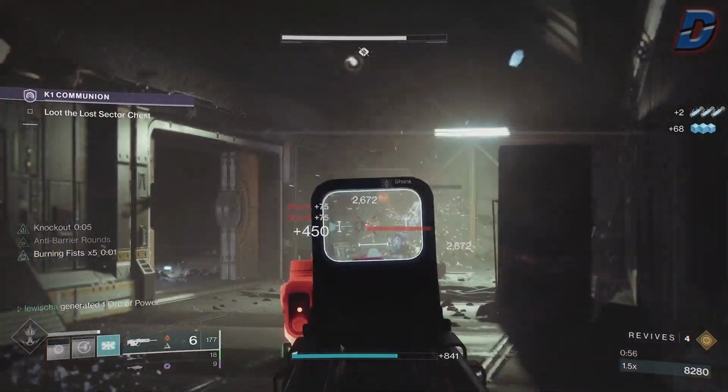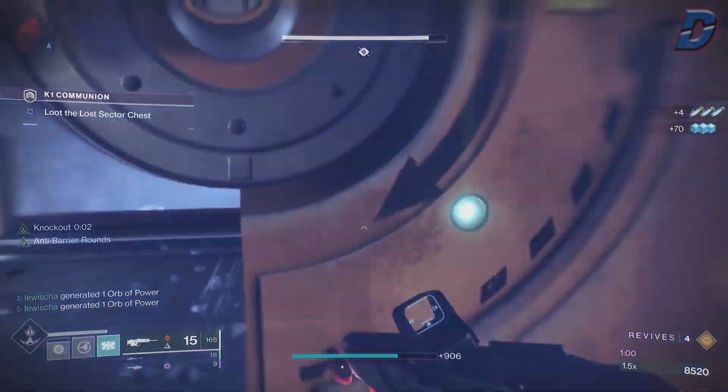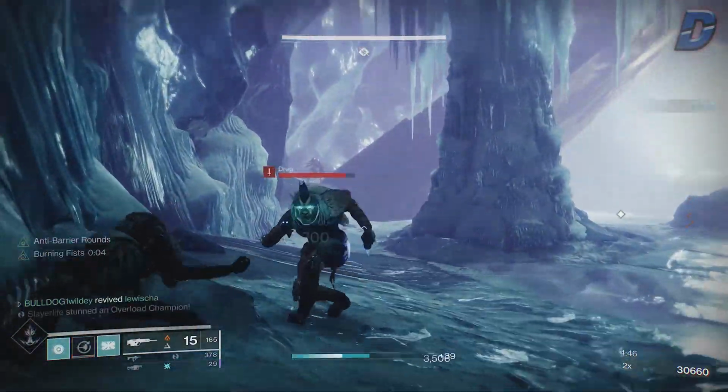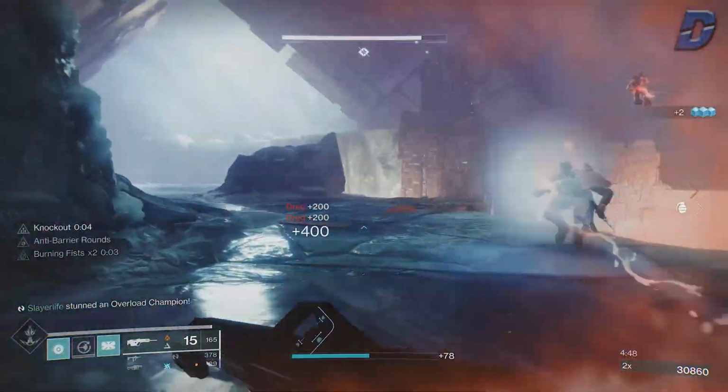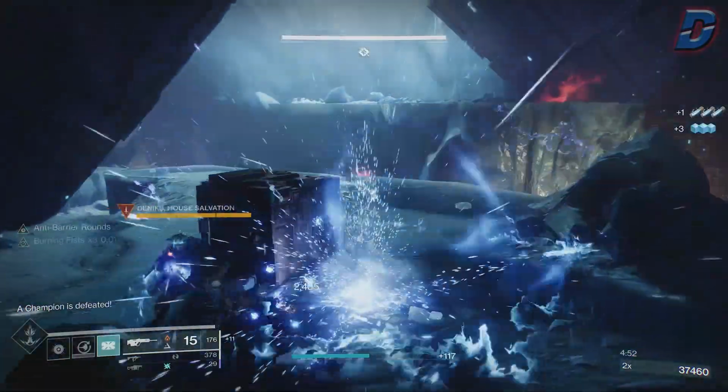Now, as you can probably tell, this build is designed for all activities, including Legend and Master difficulty activities, but I'll tell you right now, you do need to play it smart when using this in harder activities, especially when you're underpowered. But it doesn't matter what you're playing and what adds you're fighting, you'll rip them apart quickly as